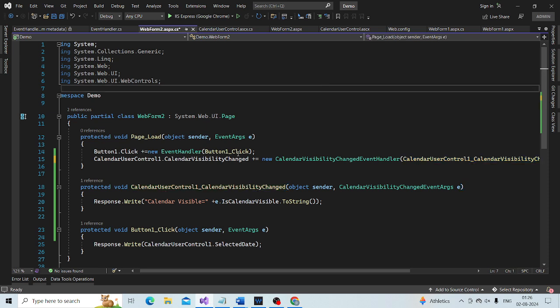Okay, so go to Visual Studio again. In the page load event, we are registering an event handler.